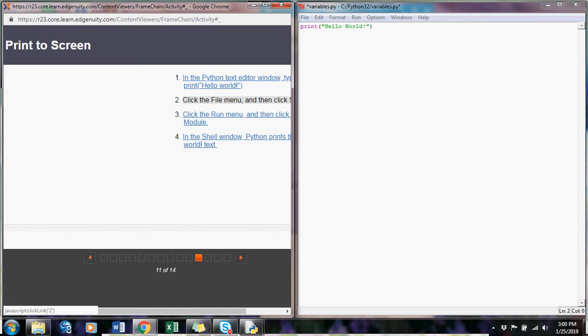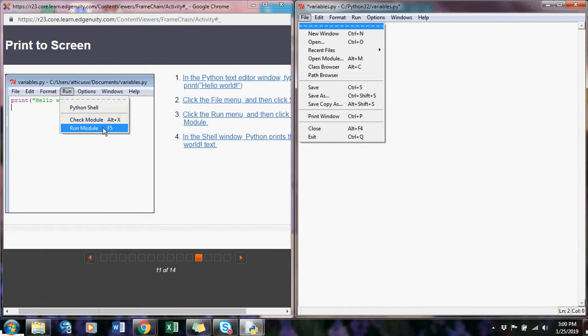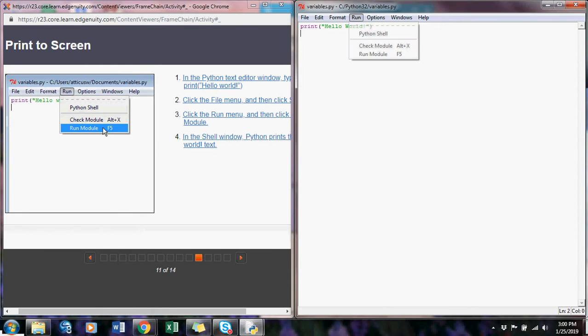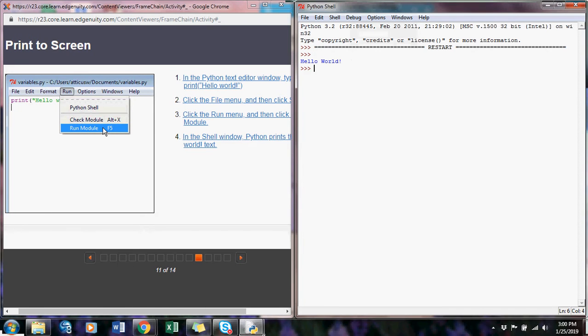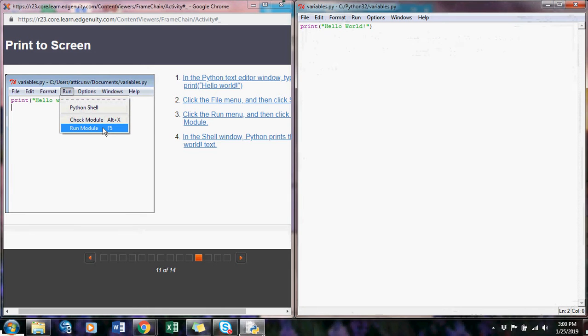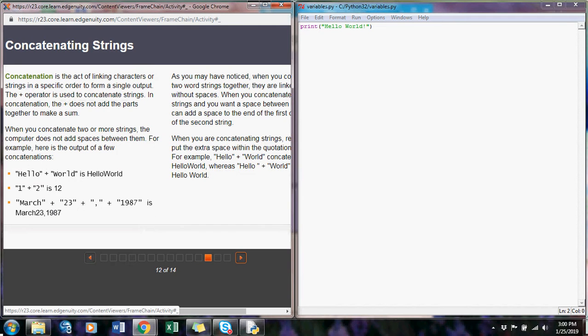So again, if you click on these, it'll show you how to save and how to run, but you just go over here, click save, and then run module, and then in the shell it's going to show you that it ran exactly what you did. So if you have an error in your coding, it'll give you an error message and tell you what line the error's in. Okay, so we are going to go to the next screen,